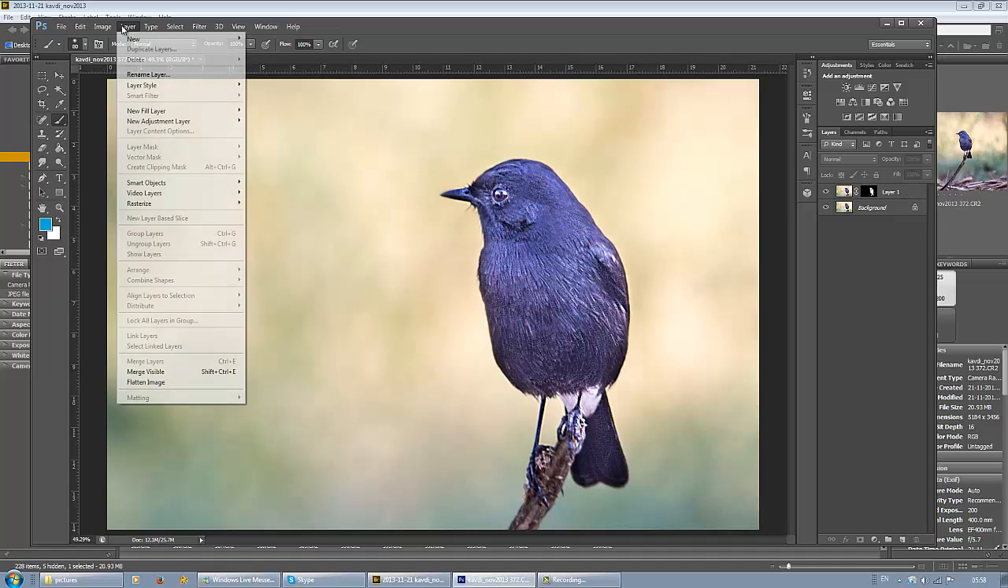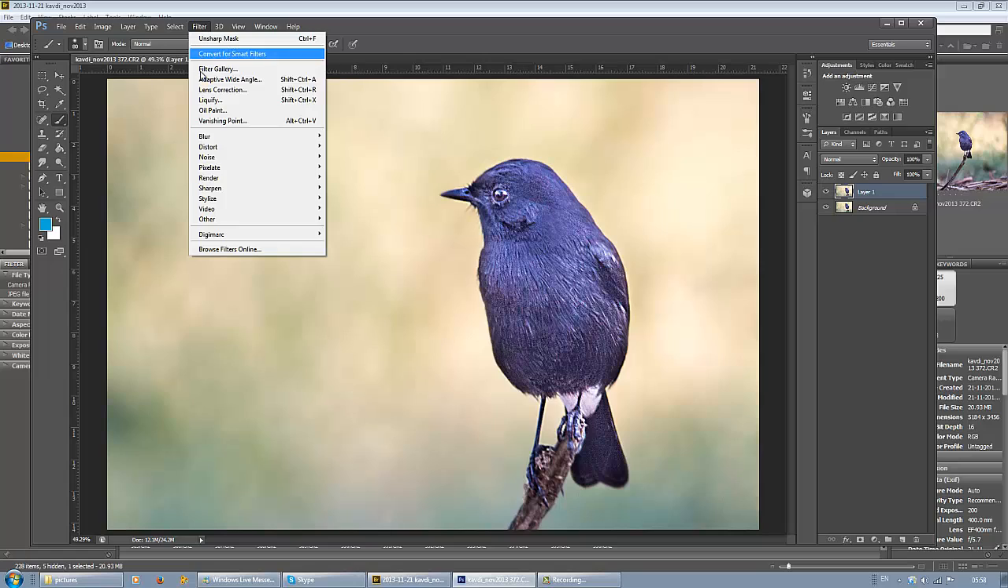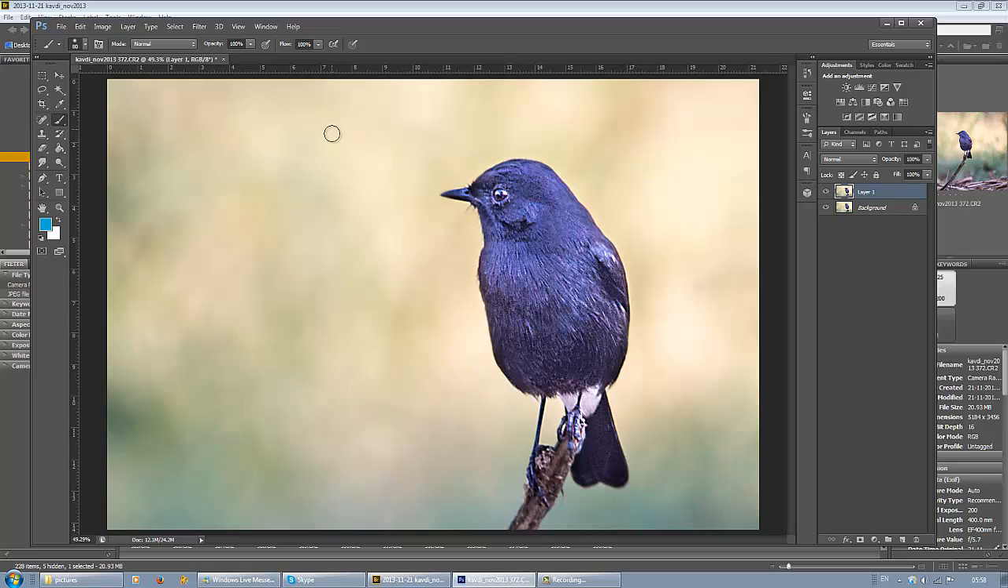So let's flatten the layers now, and again duplicate the layer. Go down to filter. We want to remove the dust. Go down to noise and use this dust and scratches filter. You can experiment with all options available, but I find this to be much better. Now you will notice that the dust has gone down quite a bit. Press on OK. Right, so this is the image which comes to you after you've used the noise filter, especially